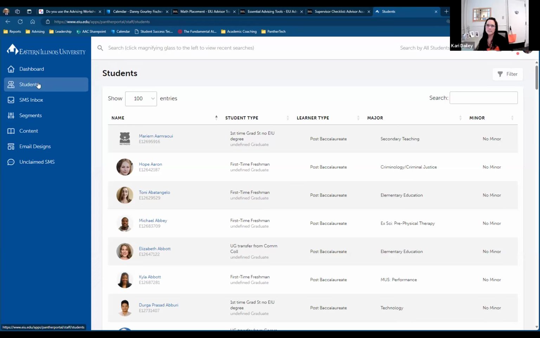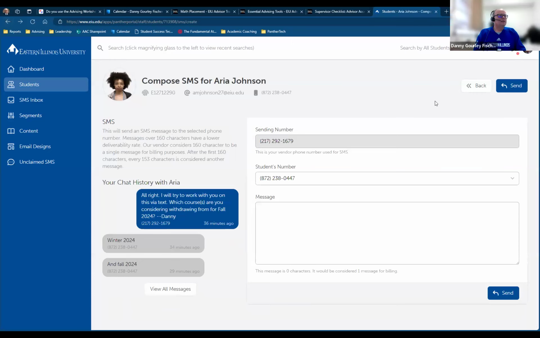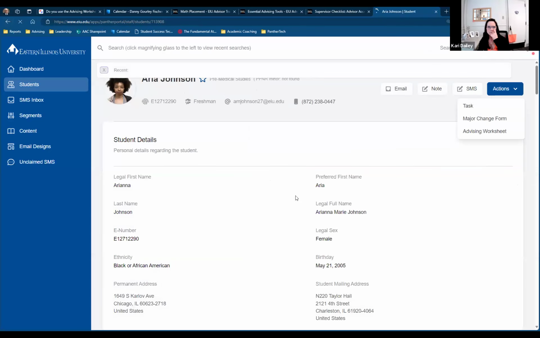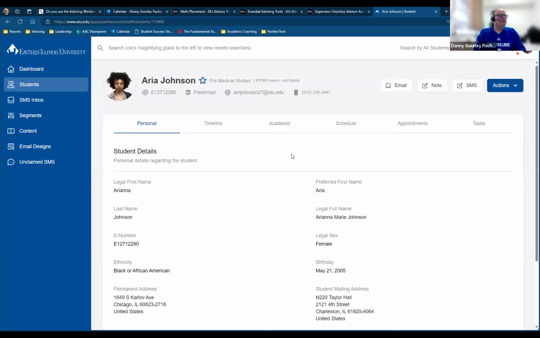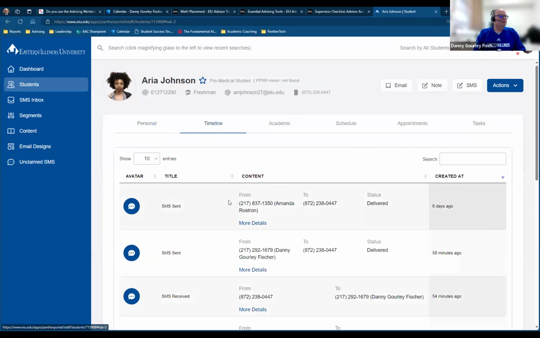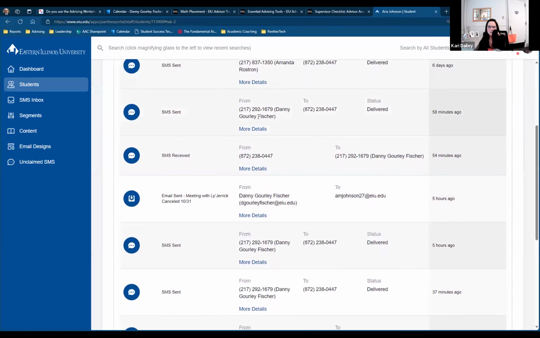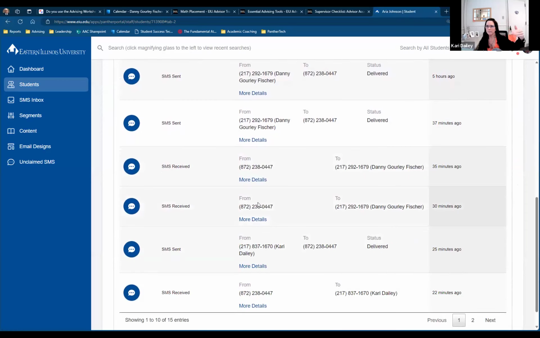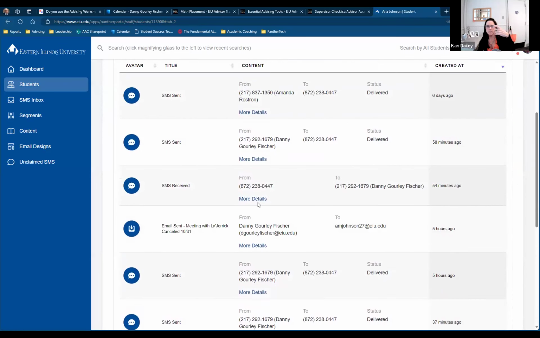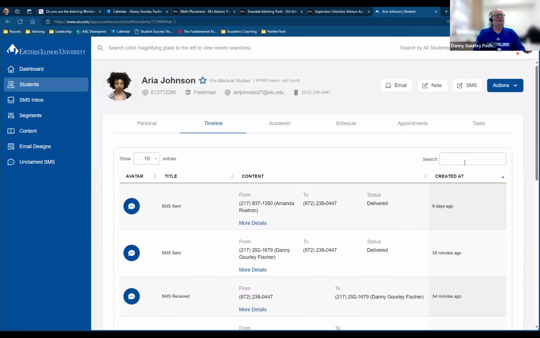Danny, I had texted her also, but it didn't show up. Shouldn't we be able to see all of it? Let me go back to that. I just didn't see it on there and I thought that was weird. So if I go into the timeline for her, I can see SMS messages. Okay, so we only see what we've gone back and forth with the student when we pull up that SMS page. But if I actually search for SMS as the keyword, it will,